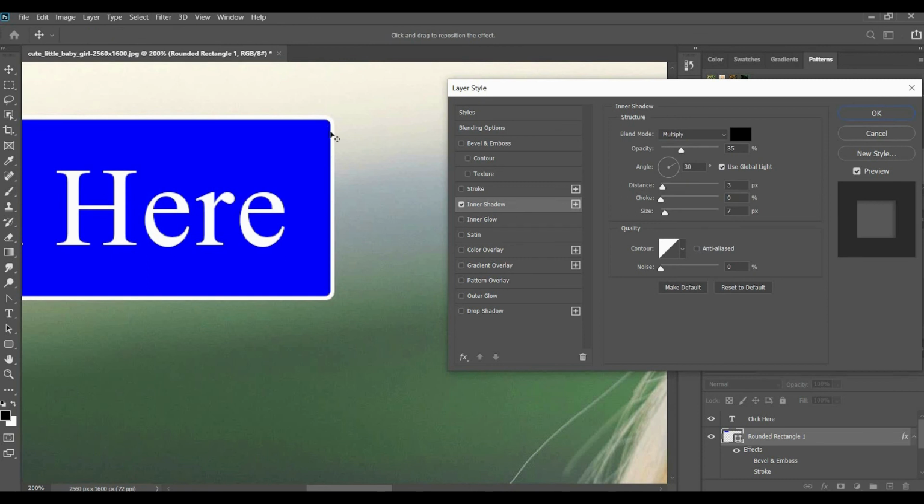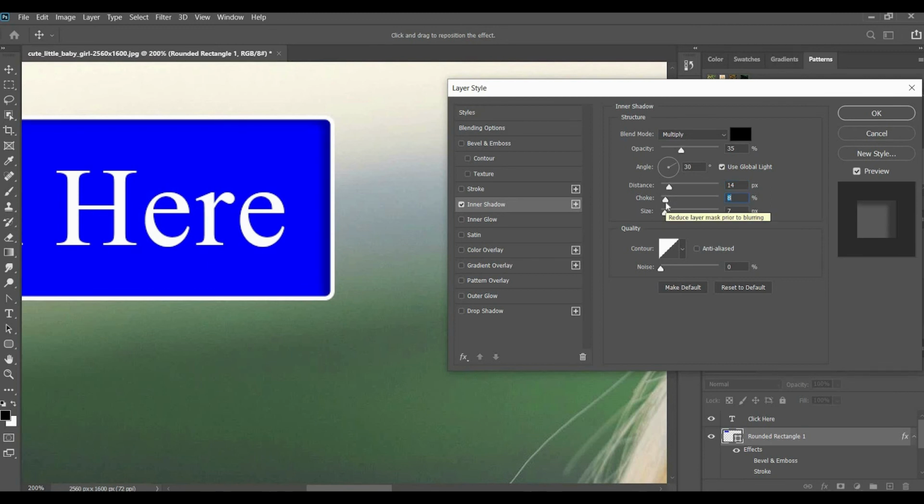Okay, then let me see inner shadow. So inner shadow means we will have the shadow inside the object. So we can increase the distance. So you can notice that the shadow will be given inside. Okay, we have another option, drop shadow. It is outside, a normal shadow. You can give like this.